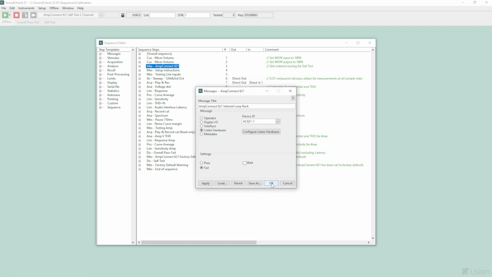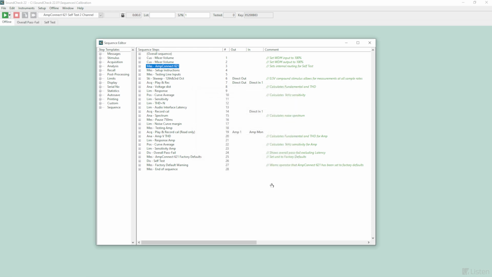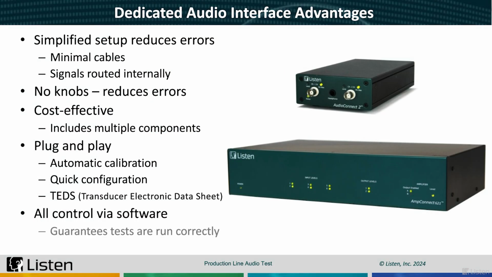It also means that no one can mess up your calibration, either by adjusting knobs or by incorrectly setting it up in the first place. This ensures that your test is being run correctly, and is particularly useful if you're relying on third-party manufacturers to run your test. If you specify the hardware, software, and test sequences, you can significantly minimize the chances of measurement